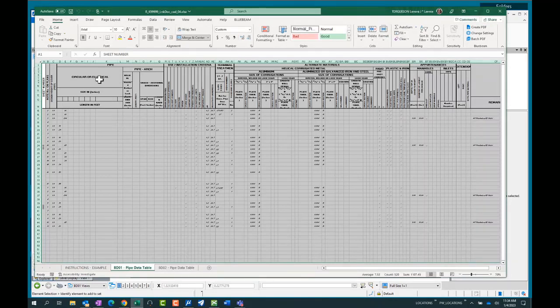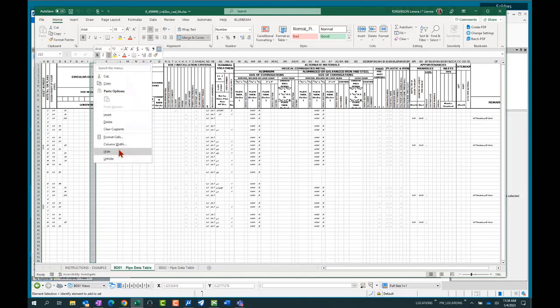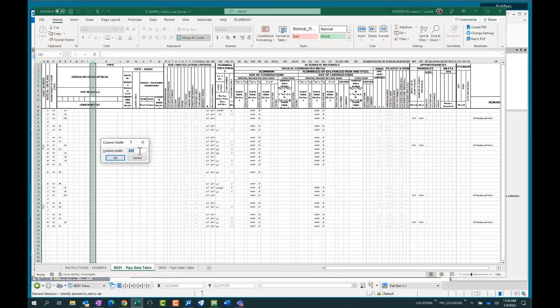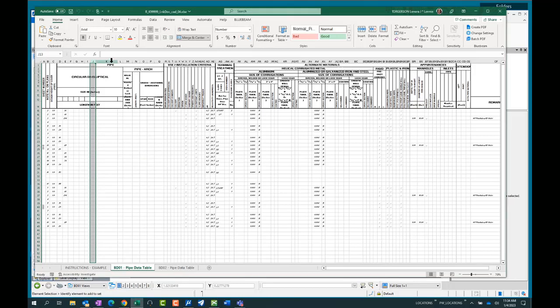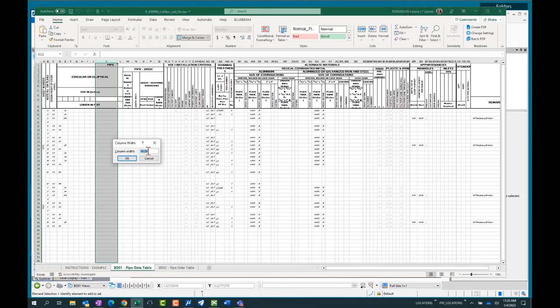There is a column right next to it, the J column. And if I right click on the J column, I can see what the column width is, and I can actually even copy that value to the clipboard, 3.57. I can select the K column, go to its column width, and I can,